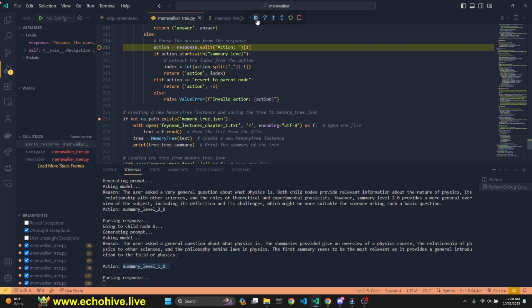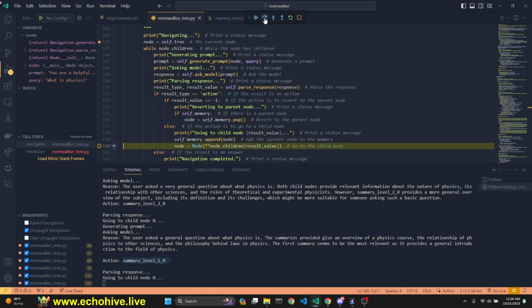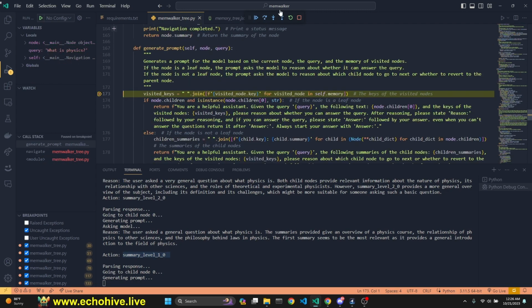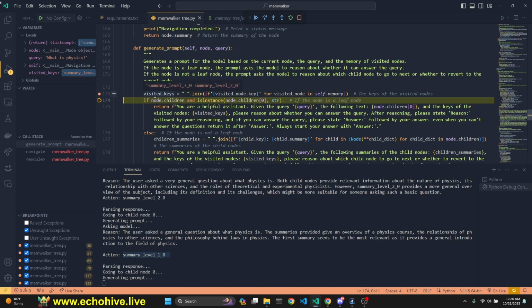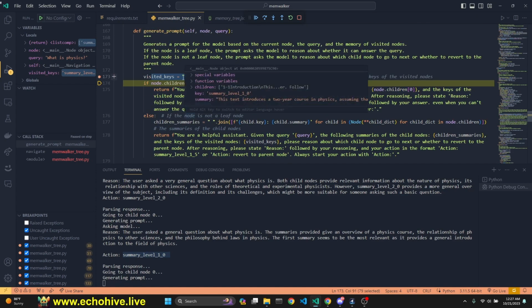We again parse the response. Okay. Take a look and go into the child node. Again, now we are going to generate a response again. We take a look at our visited keys. Here we go. There might be an issue here. I'm not entirely sure if this is being done correctly. Feel free to debug it. I believe most everything is available for you to actually make this better and use it in your